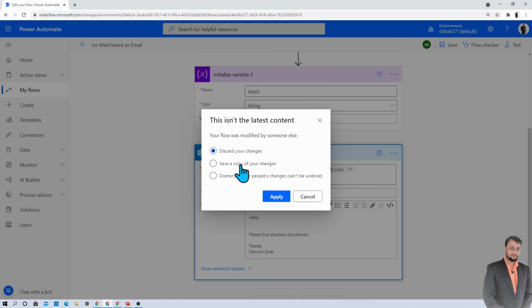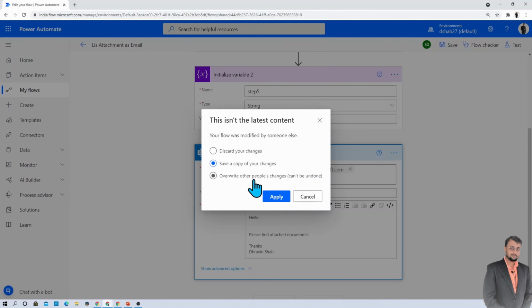Now there are three different options to save this particular thing. First is discard your changes, meaning if you apply this, whatever changes that I have made will be discarded and Shriraj's changes will be reflected into my flow. This is the first option. Hope you are good with me so far. Second option is save a copy of your changes, meaning it will save a copy of this flow as a second flow and that flow will appear in my flow section.